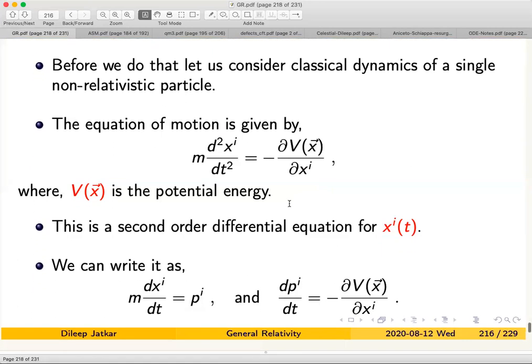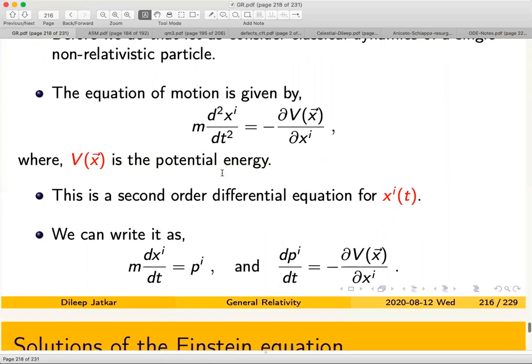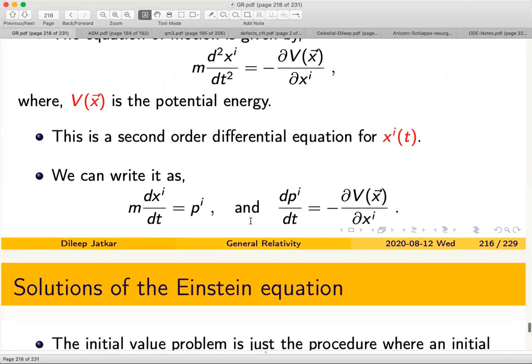Okay, and what you do is that you decompose this second order equation into first order equations, or convert that into a matrix form, whatever you want to call it. So what you do is that you say m times dx/dt is p, and dp/dt is equal to minus dV/dx. Okay, so you can say x and p form a column vector, and you can convert this into a matrix equation. Okay,